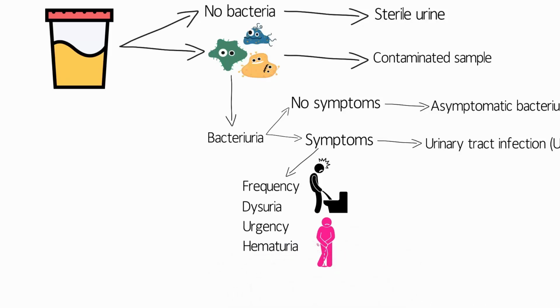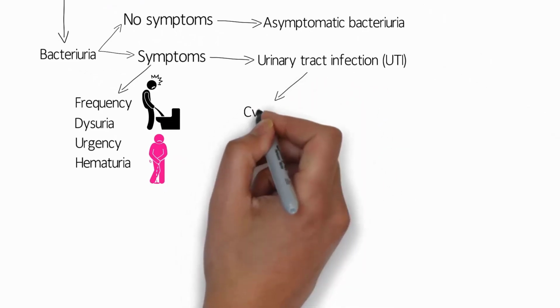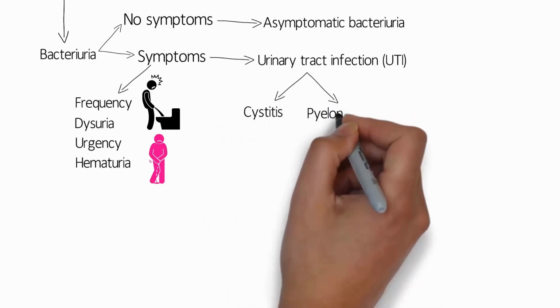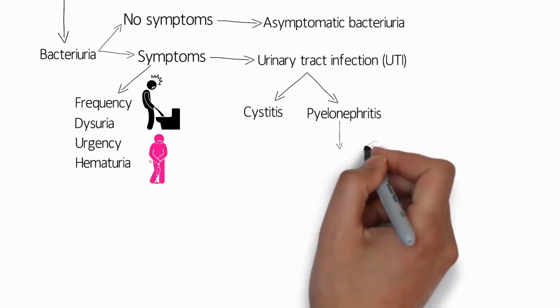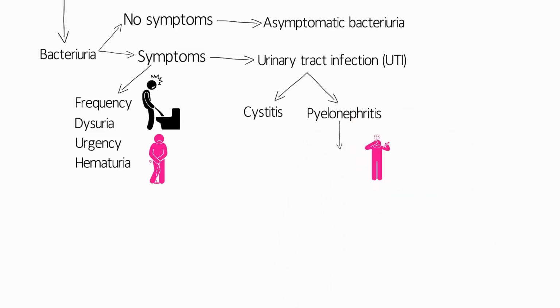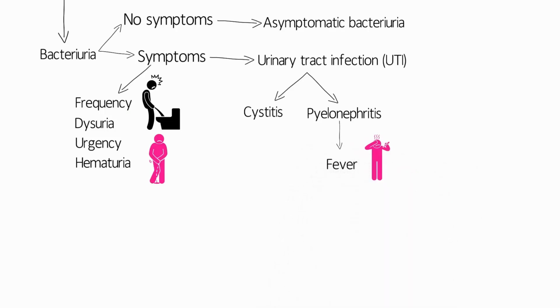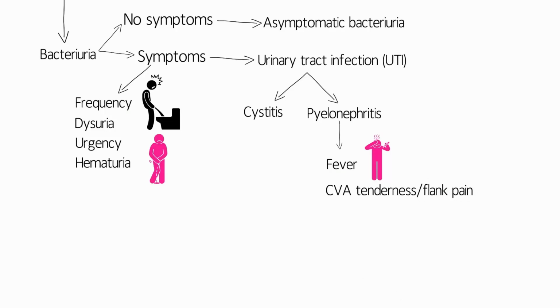As I mentioned earlier, there are different types of UTIs. The most common one is cystitis, or the infection of the bladder. There is also pyelonephritis, which is not as common but is very important. Symptoms that are more specific to pyelonephritis include fever, which is not always present, but if it is, it is suggestive of pyelonephritis. There will also be CVA tenderness or flank pain. CVA tenderness is detected during physical exam, typically by a physician as they tap on the back of the kidneys